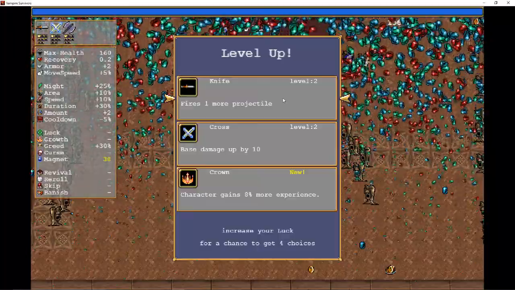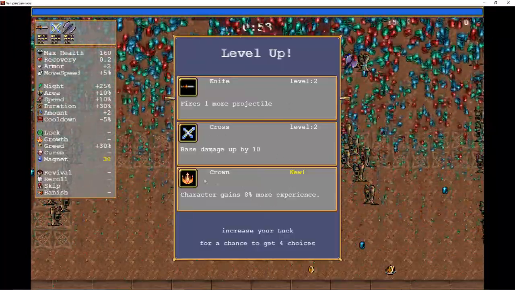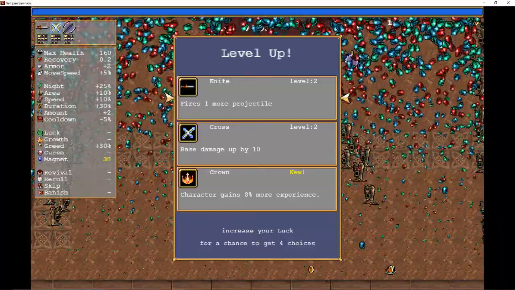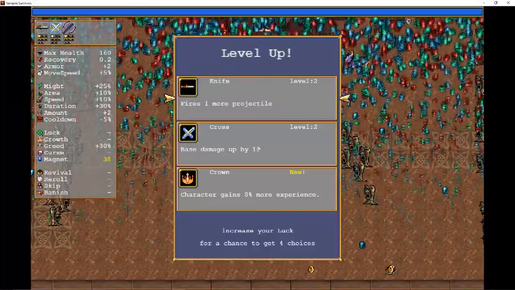Okay, so we've got another knife. More damage on the cross, or character gains 8% more experience. Experience is good because it means your blue bar goes up faster, means you level up faster, means you get skills faster. But I'm going to,